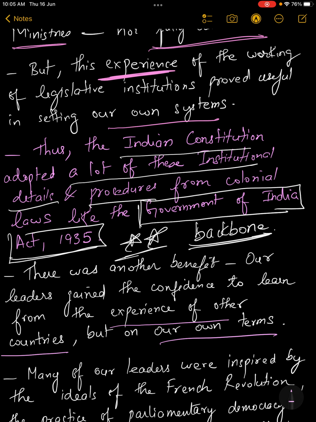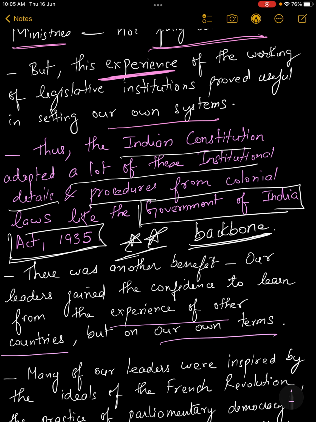Parliamentary form of democracy, we have borrowed from Britain. The idea of a single citizenship, Indians cannot hold multiple citizenships, again we have borrowed from Britain. Distribution of power between central government and state government, जिसको हम फेडरलिज्म बोलते हैं, that we have borrowed from Canada. समझ आ रही मेरी बात? ठीक है? तो there are a lot of things that we have borrowed,